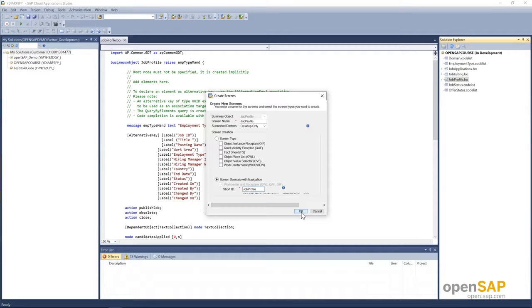Now, when you select the option screen scenario with navigation, the framework will go ahead and create all the necessary screens for this particular business object. Screens like the Work Center, the Work Center View, Object Work List, Object Instance Floor Plan, Quick Activity Floor Plan, and other screens like the port type package, which would be used for the navigation, will be created by the framework.